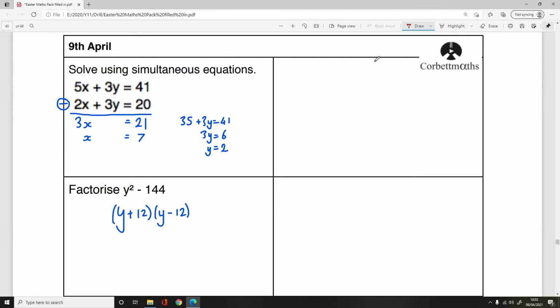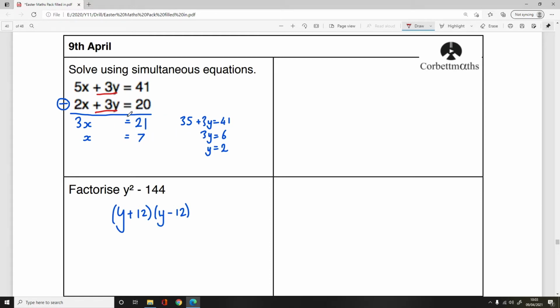Let's go. So, starting off with the Foundation Plus, we have a simultaneous equation to open up, but this is quite a nice simultaneous equation because it's got plus 3y and plus 3y. Same sign, so subtract, and we have the same numbers, so we don't need to multiply to start with either. That'll give us 3x is 21, x is 7, and then we could substitute that into either of these equations,